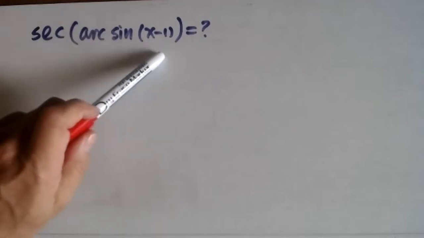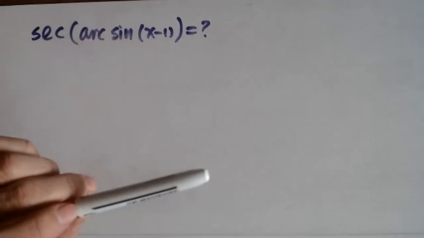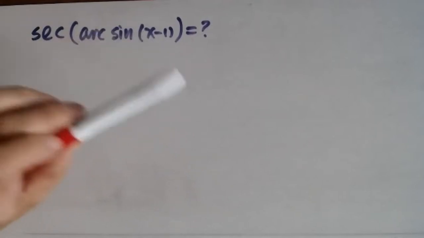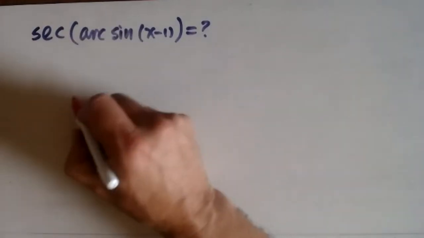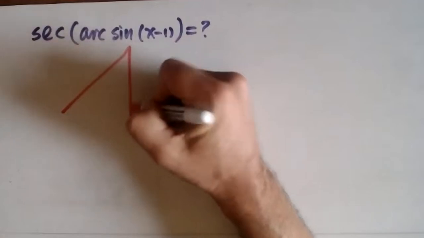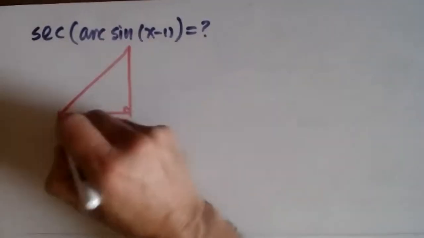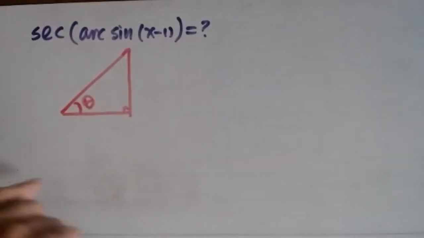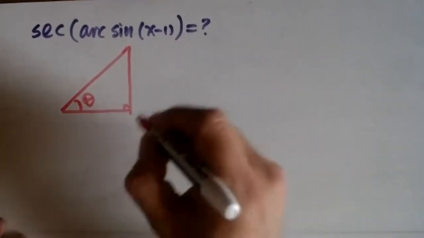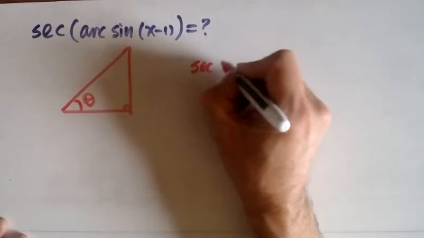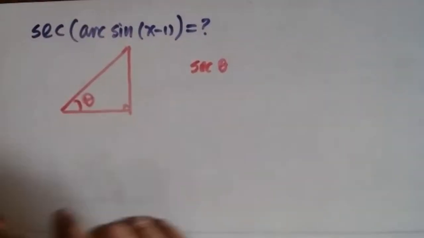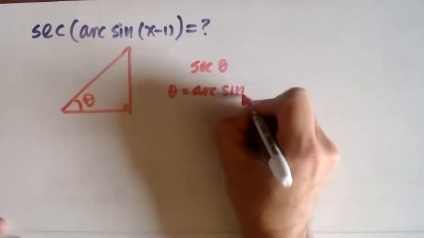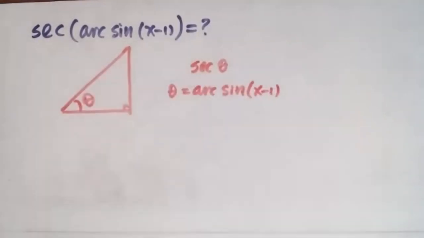Even if you don't believe it, these problems are simpler than the ones with numbers, because here we don't have the problem of the positive or negative. We always take the positive. So we're always going to have a right triangle like this. We're not going to figure out if this is in the third or fourth quadrant. So I need to determine the secant of the angle,